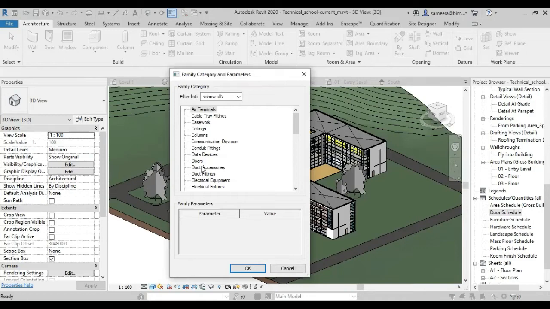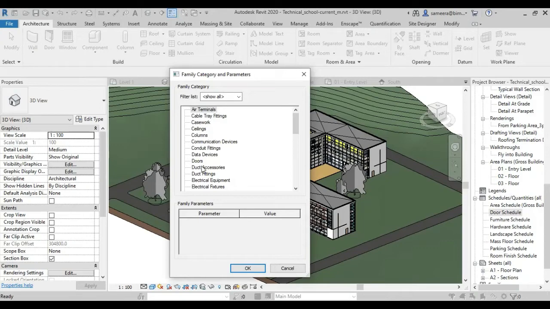That means if you do not want this in any other projects, you can directly create it from the project view itself by using in-place families, and it will be unique. You cannot copy it from one project to another. You can use it for this project only. We can include this in schedules, and we can make shared parameters. Everything can be done, but the difference is that it will be unique for the project that we are doing.